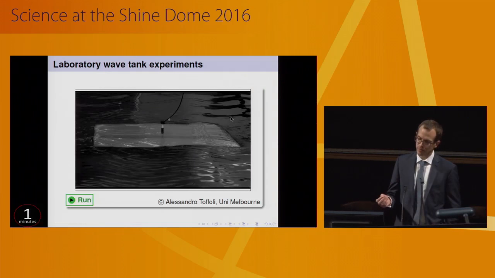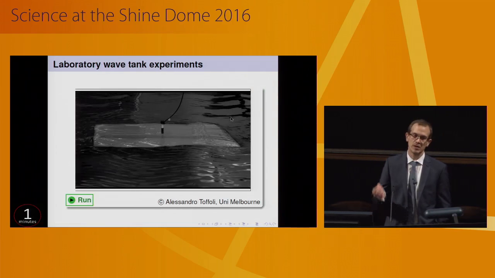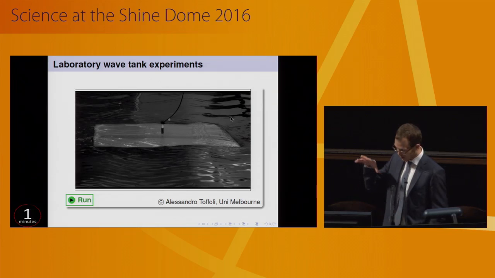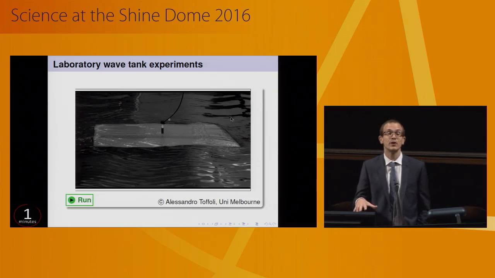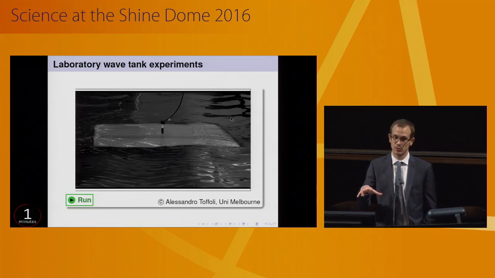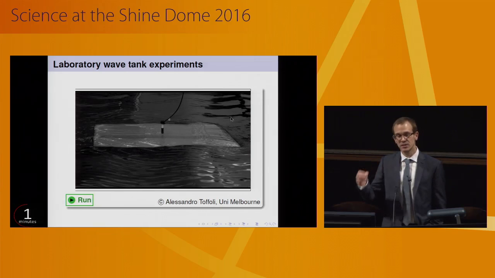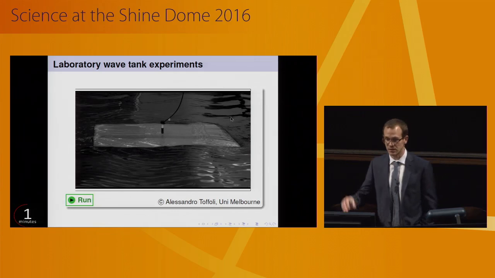Up until this point, I've only been talking about the problem in the horizontal plane, that is, on the ocean surface. However, wave-ice interactions are very much a three-dimensional problem, and the thinness of the ice drives some highly nonlinear phenomena. I'm going to show you a short clip. It's of a simple laboratory wave tank experiment in which we used a plastic sheet to model an ice floe and subjected it to waves coming in from the right-hand side here.